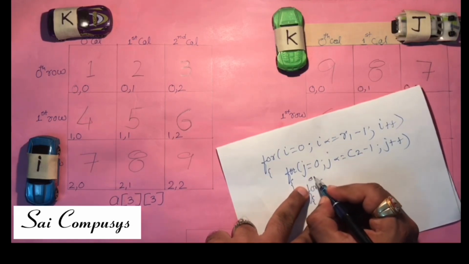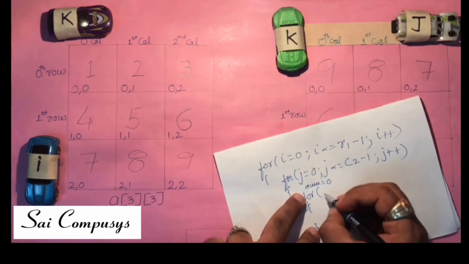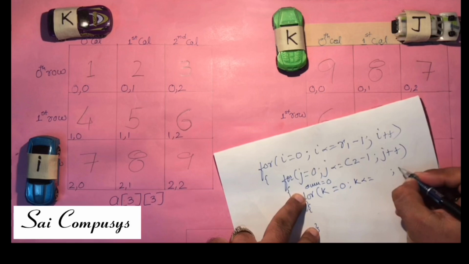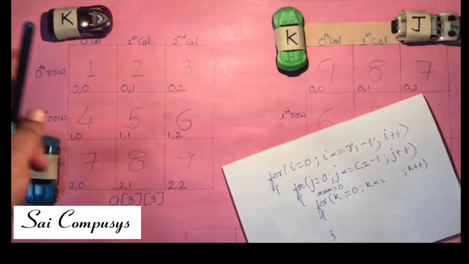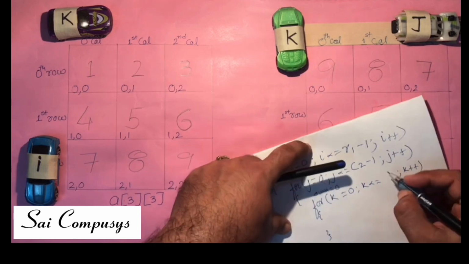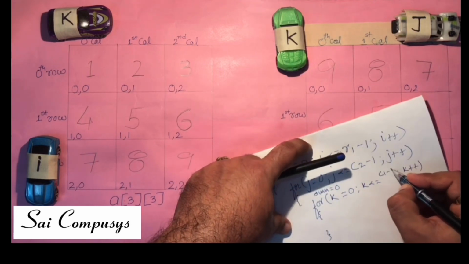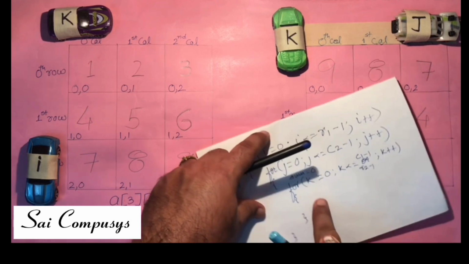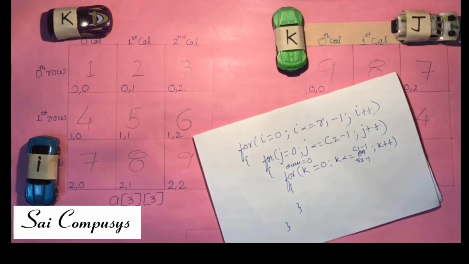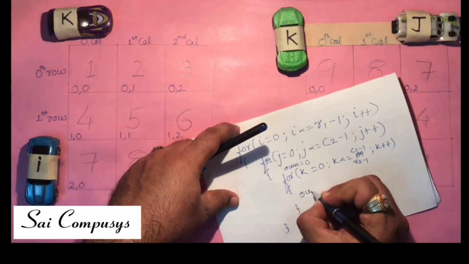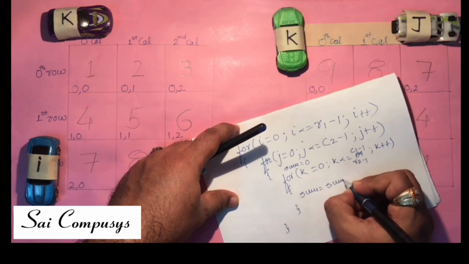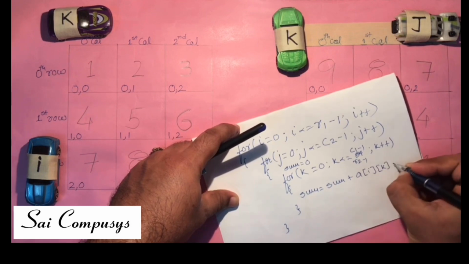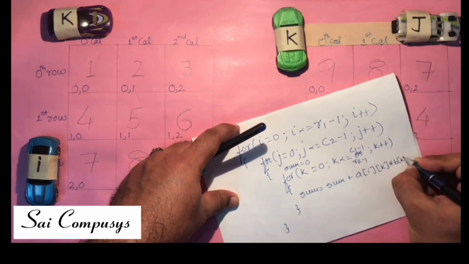You must have definitely understood that the multiplication is taking place in this third loop of k. So before the loop of k, I'll reinitialize sum with 0. The loop of k again will start from 0, vary till either columns of first or rows of second. So I'll write down both C1 minus 1, or it may be R2 minus 1. This execution of the loop of k is where the actual multiplication is taking place. So I'll add a of ik into b of kj with sum. A of ik, I'll multiply it with the elements of matrix B, B of k, j.